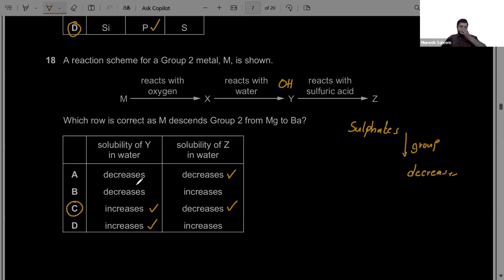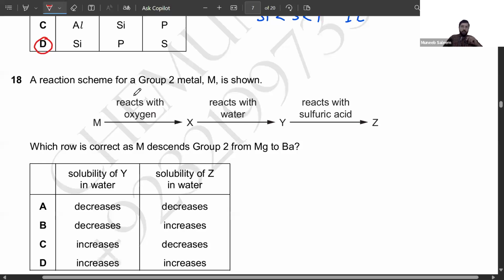Now, question number 18. A reaction scheme for a group 2 metal is shown, and we have this pathway in which M reacts with oxygen to give X, reacts with water to produce Y, reacts with sulfuric acid. Which row is correct as M descends group 2 from magnesium to barium? Okay, so Z is basically the sulfate here. It is a metal sulfate of group 2. So it should be written as MSO4, just like we know about MgSO4. And Y is basically the